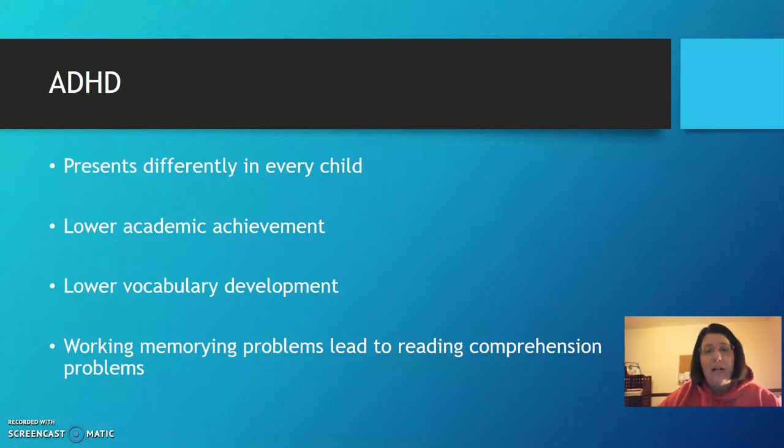There have been a lot of new studies that talk about the structural differences in the brain with children with ADHD. And so as science learns more about brain development, hopefully we have different treatment options that will help students in the classroom. In the meantime,